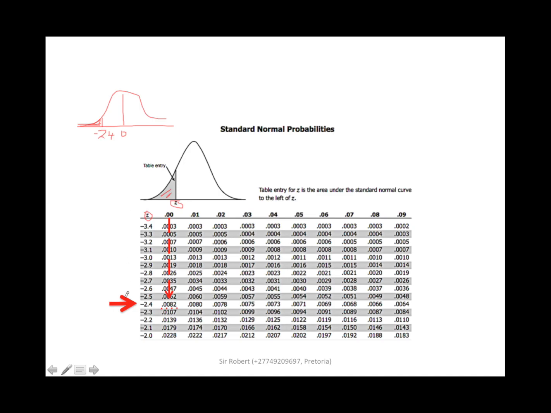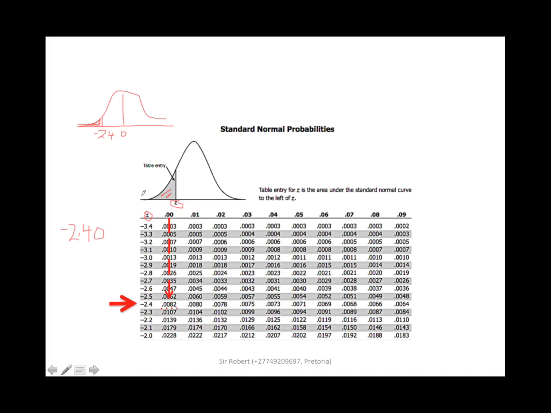So now what you do, you go to minus 2.4. Since it's minus 2.4 and there's no extra decimal after the 4, there's a 0, so it's like minus 2.40. So here there is no 0. If there was a 1, you would go to this column. If there was a 2, you go to this column, because it becomes minus 2.42. But since it's minus 2.40, first you locate your minus 2.4, then you come to this 0 column. So this is your